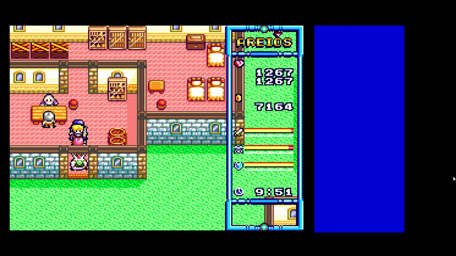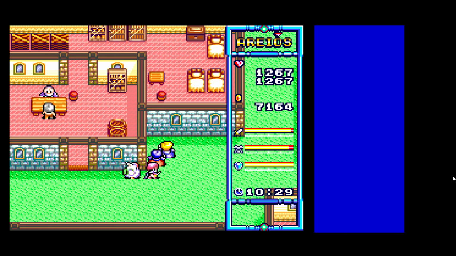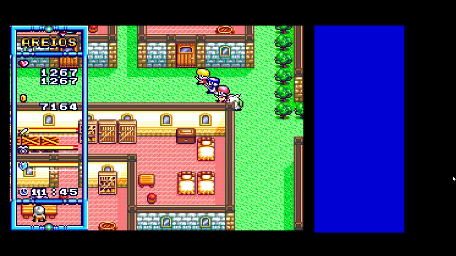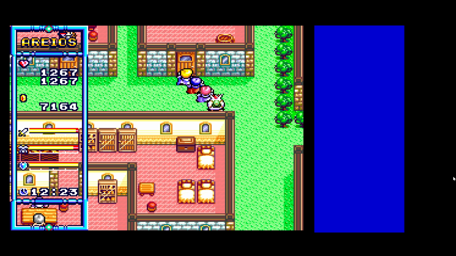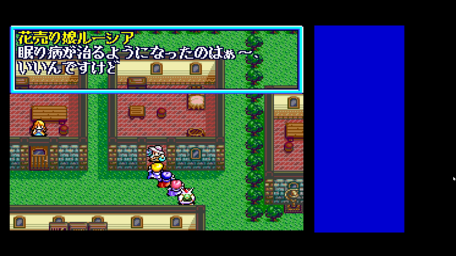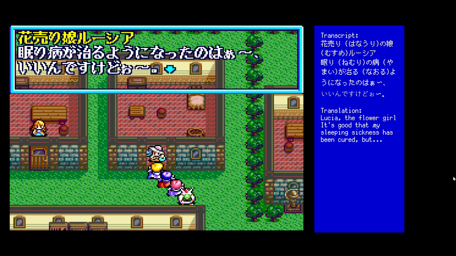Okay, lastly, let me show you a way how to use the explanation function if you really care about understanding most of the dialogues. Here we have a character that has a little bit a strange way of speaking, but it's not really clear if you play it like this and just read the English translation, because it's something that's difficult to translate. But yeah, here this girl is now talking,